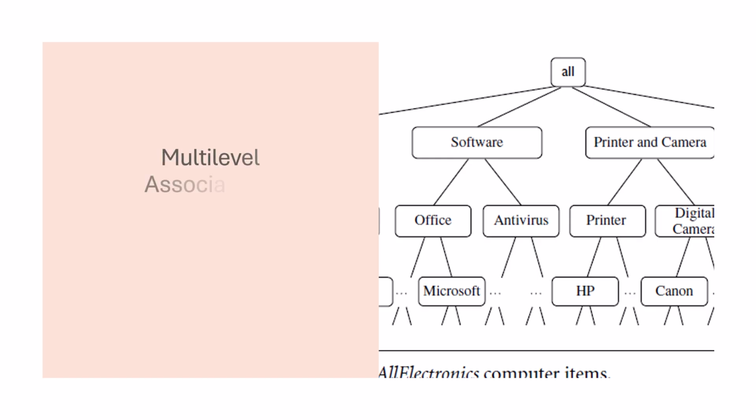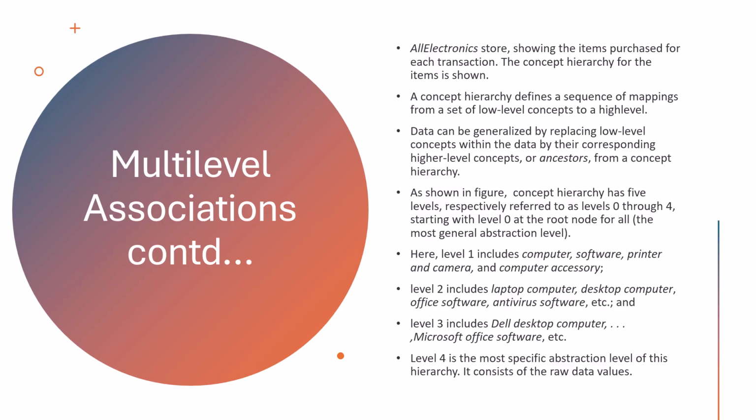For multi-level association, the electronic shop problem is given. The electronic store data shows the items purchased for each transaction. The concept hierarchy for the items is shown in the diagram. A concept hierarchy defines a sequence of mappings from a set of low-level concepts to a higher level. The data can be generalized by replacing low-level concepts within the data by their corresponding higher-level concepts, or ancestors, from